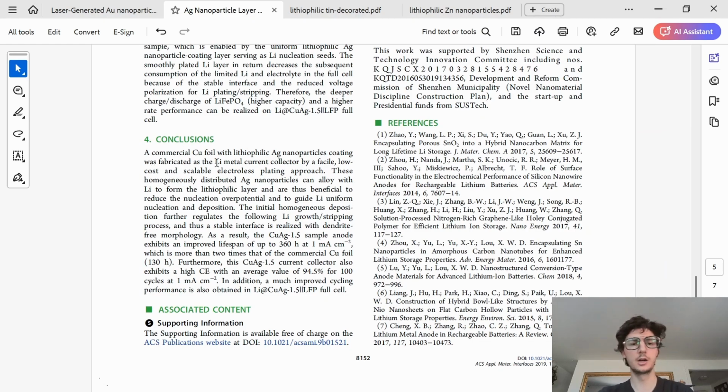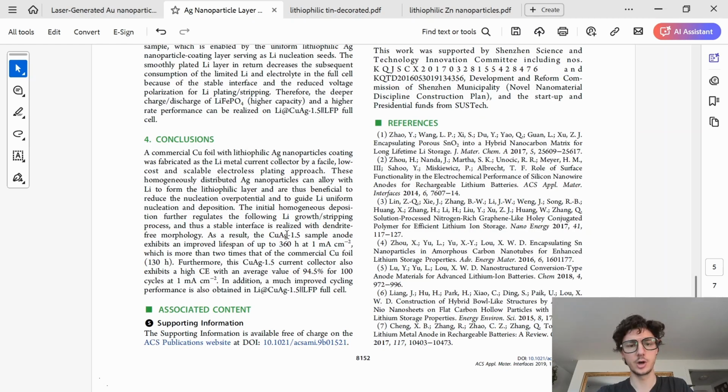Let's take a look at the conclusion. A commercial copper foil with lithiophilic silver nanoparticles coating was fabricated as the lithium metal current collector by a facile, low-cost, and scalable electrolysis plating approach. These homogeneously distributed silver nanoparticles can alloy with lithium to form lithiophilic layer and are thus beneficial to reduce the nucleation overpotential and to guide lithium uniform nucleation and deposition. The initial homogeneous deposition further regulates the following lithium growth/stripping process, and thus a stable interface is realized with dendrite-free